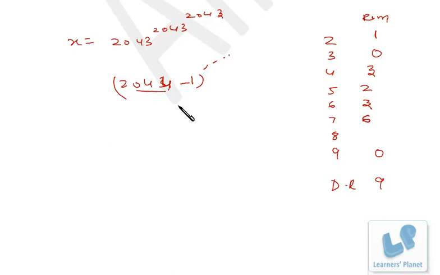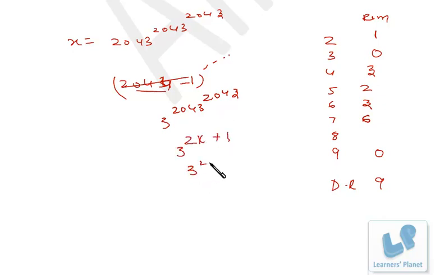Now friends, let's find out the remainder when divided by 8. Now 2040 will be the last multiple of 8. So the remainder is 3 raised to 2043 raised to 2043, right? Now in the power of 3 we have the number 9, which differs from 8 by just 1. So we convert this number to a power of 2 and see what happens. So this 2043 raised to 2043 is what? 2k plus 1, isn't it? If we divide this number by 2, what will be the remainder? 1, right? So this is actually 3 raised to 2k plus 1.